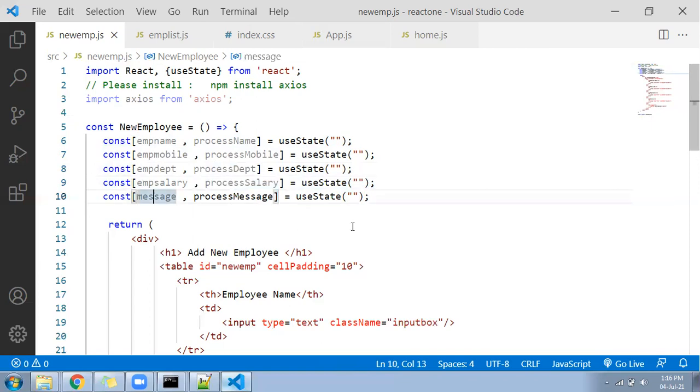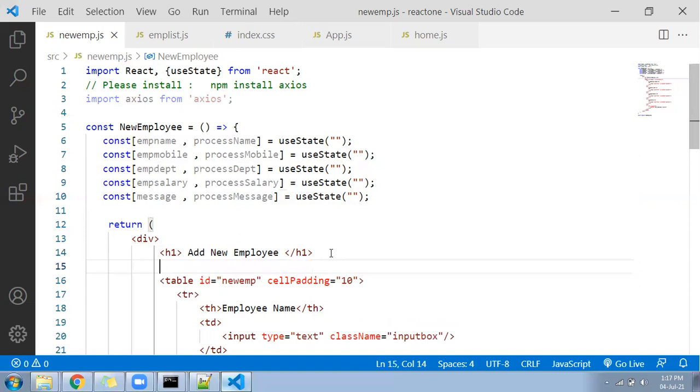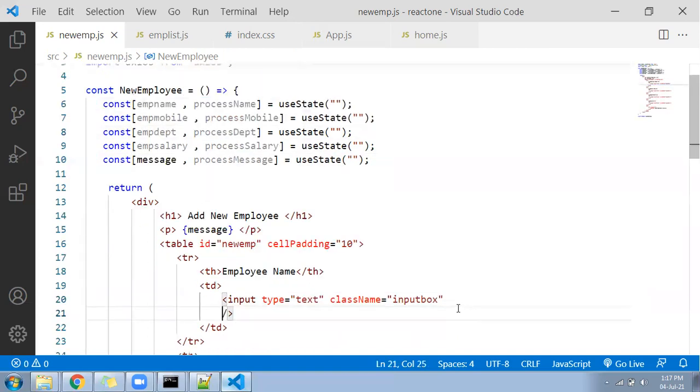Okay, now come down. This message we can print here, the message variable we have, let's print it directly here as a message, so that printing related activity is done. So whenever we want to print any message, we can call the process message, pass the data, process message will pass to message, and message is already printing here. Okay, now next thing to understand, we need to pick the value from the text boxes with the help of this function.